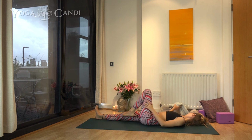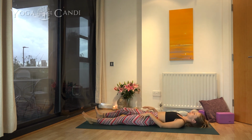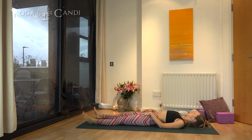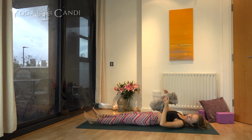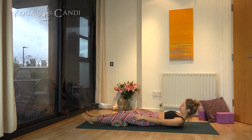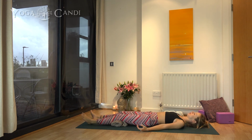Now let's take that towel over to the side. Shake your legs out for a moment. Get yourself as comfortable as possible. And let's grab that blanket if you put one aside. Place it underneath your knees. We're going to come into our final resting pose,